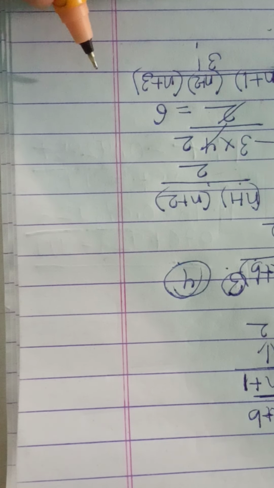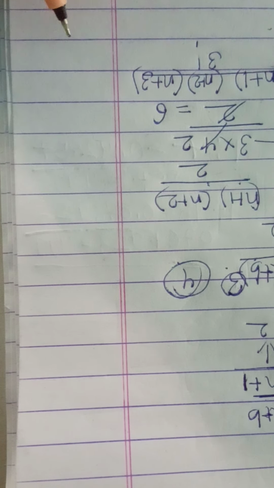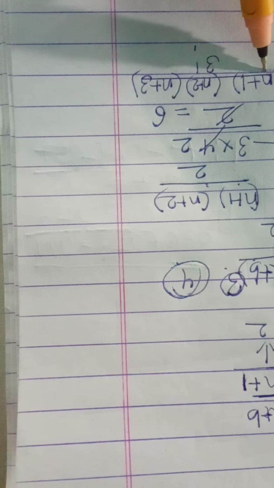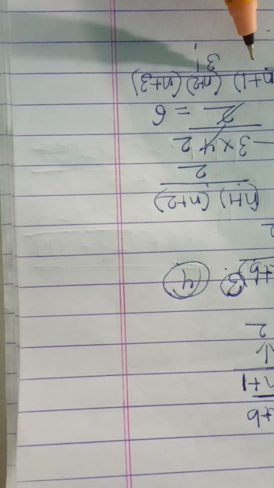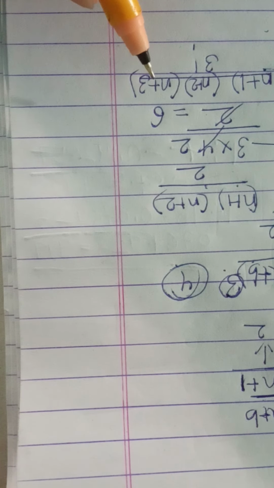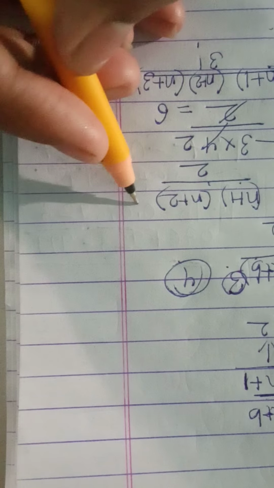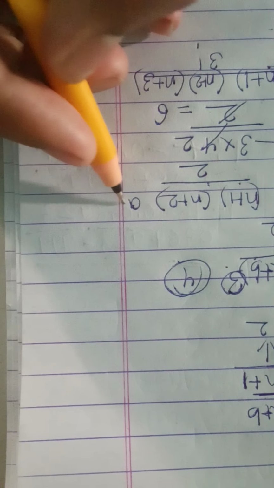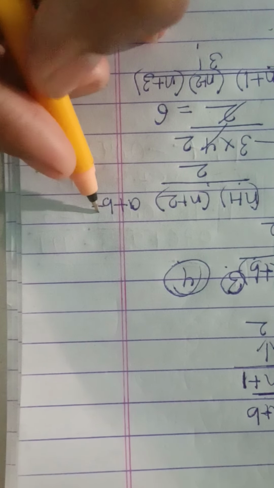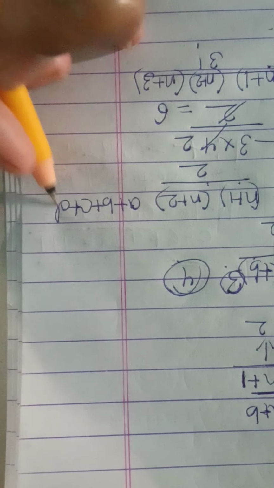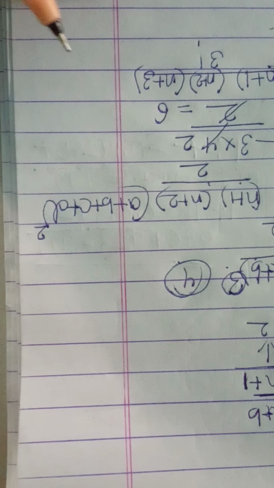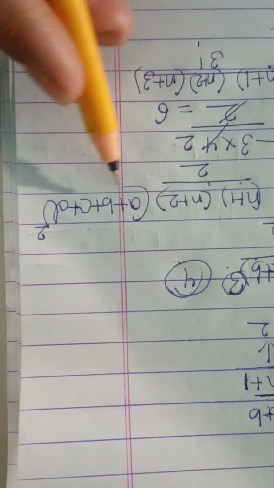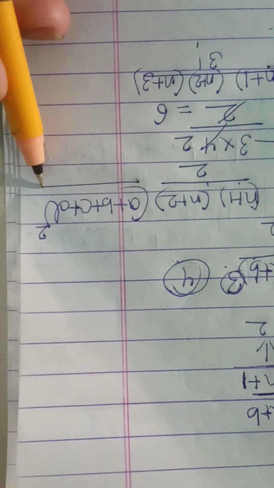Okay, if we put the value of n, then we get the number of terms in the expansion of 4 digit expansion. It's a simple trick. For example, if we take a plus b plus c plus d whole square, then you can easily find out the number of terms in a plus b plus c plus d whole square.